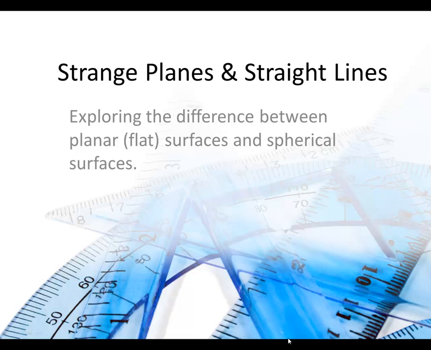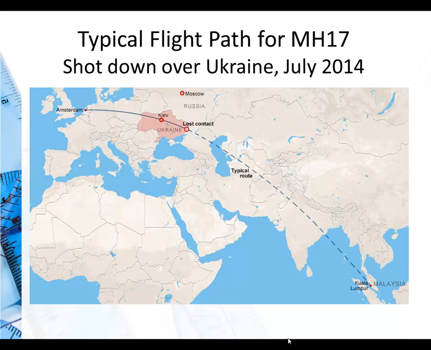I like to call this strange planes and straight lines. What we're going to do is take a look at how having lines on flat surfaces is different from having lines on spherical surfaces. Now, in July 2014, the crash of Malaysian Airlines MH17 was all over the news, and